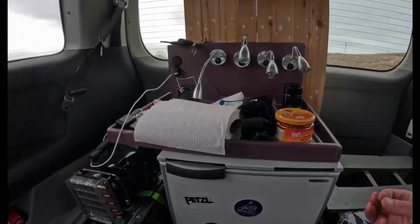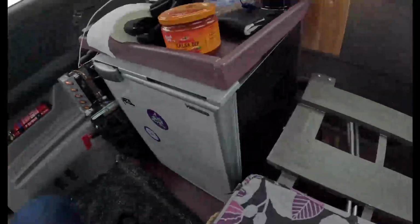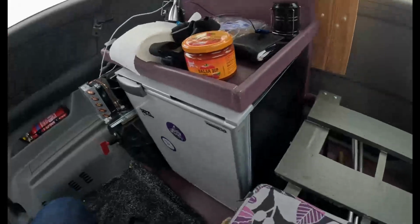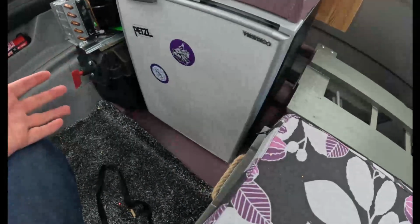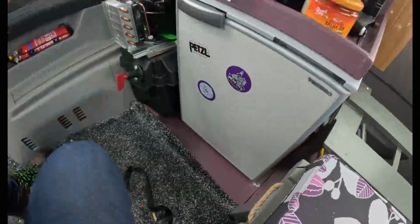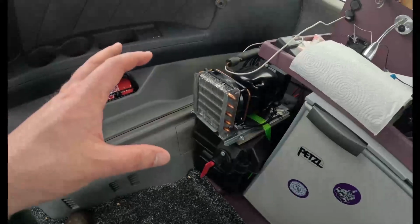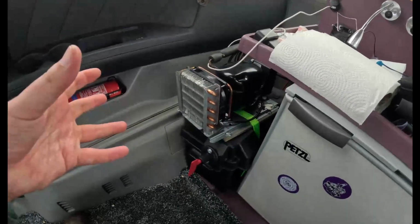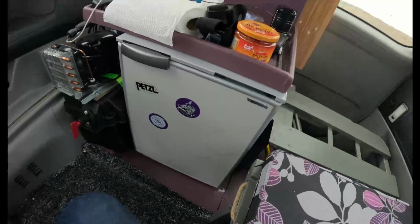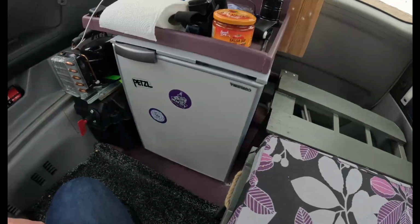Most people go with, I think it's a Dometic, but the reason I went with this one is because the Dometic has the compressor built into the back of the fridge, so it's a lot deeper. And because the bed pulls out past the front of the fridge, the bed would have had to have been shorter. Whereas this unit has the compressor separately, so you can put it where you want. So I've put it next to the fridge on top of the battery. I think it's a tiny bit more expensive than the Dometic unit that people use, but for my money,